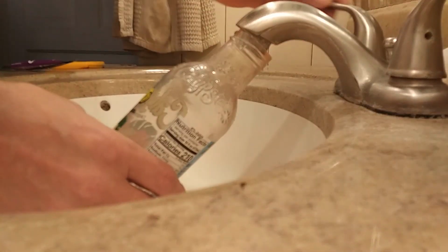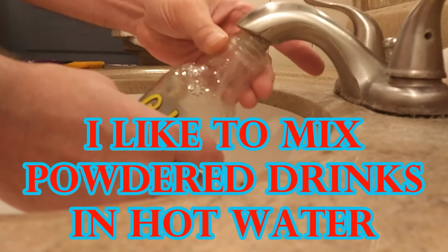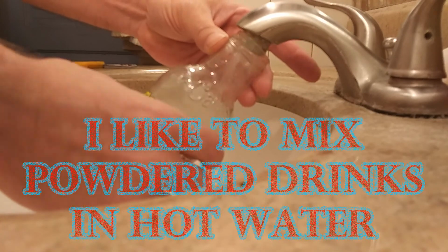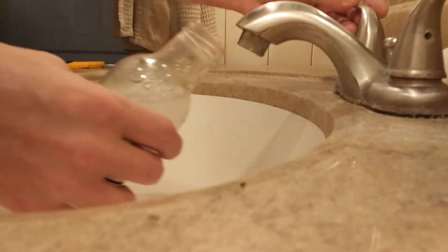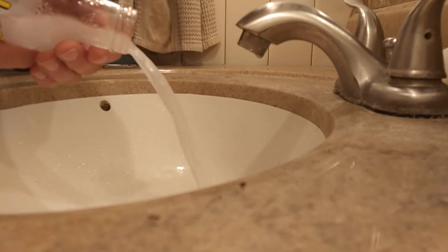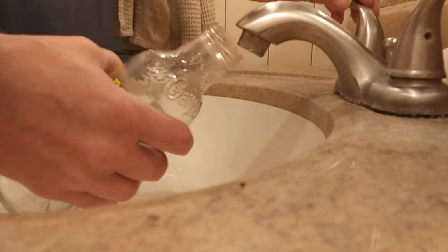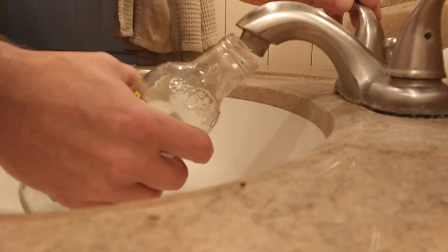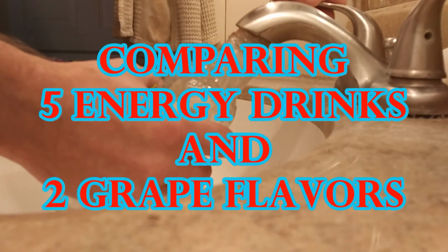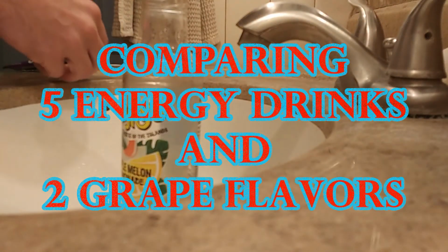Every one of these tests, I'm going to rinse out the bottle first and warm it up, because I like to have these beverages warm. With the winter coming, it's always nice to have a nice warm beverage, and these energy drinks are a great pick-me-up in the morning. I'm comparing not just as energy drinks, but as grape-flavored drinks. And so what I'm going to do is, after I rinse the bottle, put a little bit to start, and